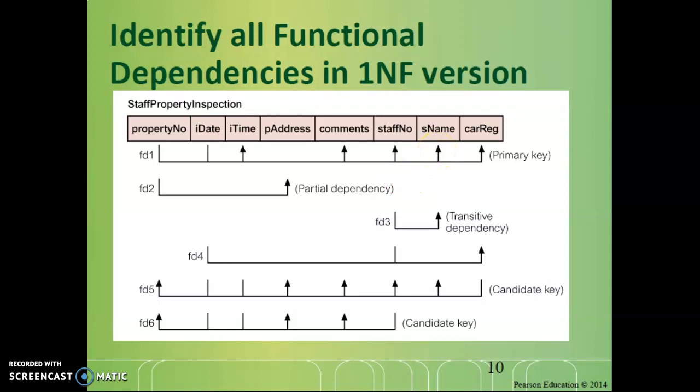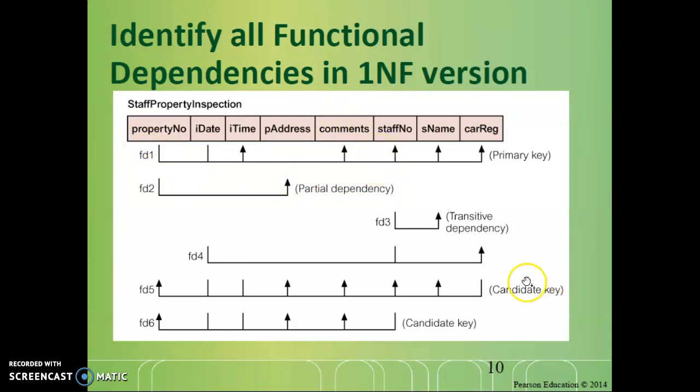What is the transitive dependency? If it is in the form of A to B and B to C, then it is called a transitive dependency. So in this table, from FD1, we can find that property number is already determining the staff number. So staff number is dependent, property number is determinant. So property number is already